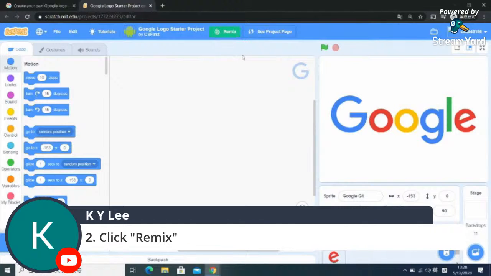If I explain to students, I will also tell them, this is not your file, this is someone else's. So you have to save it as your file. So step 2, remix. Okay, remixing project, and this one is saved as a remix. That means it's your file now. You can do anything here, and that belongs to you. All right, sign in, remix, and then